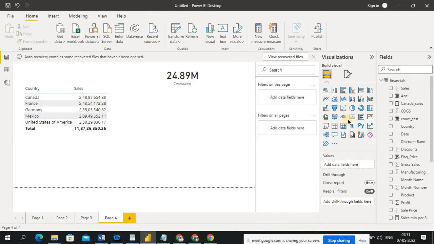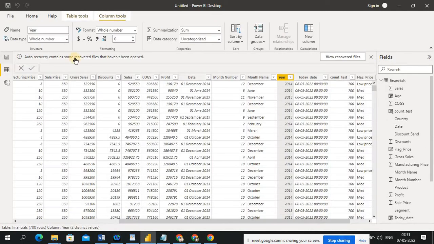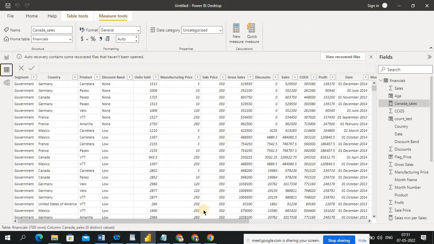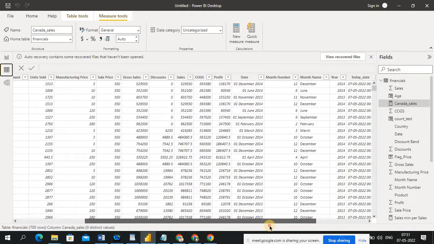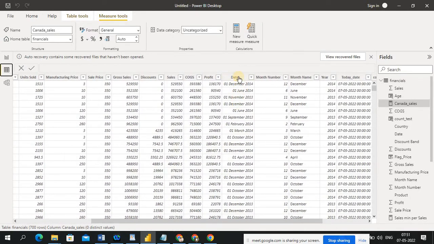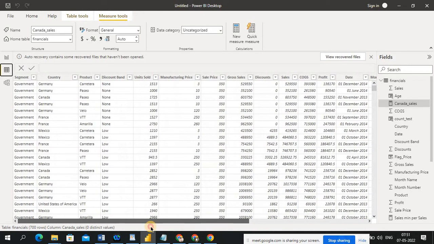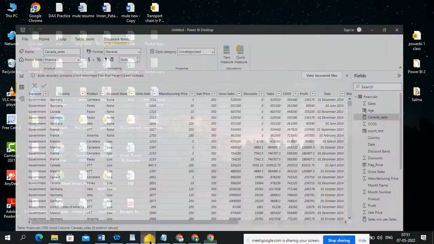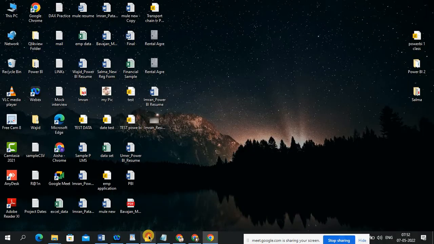So I have order sales here, so you have to see in the data view. So I have a date function here. Okay, date function here. So today I am going to perform time intelligence functions. Okay, so here what I am trying to do,